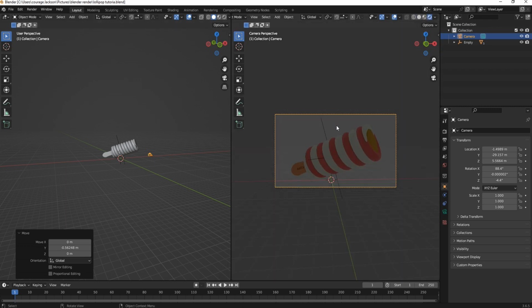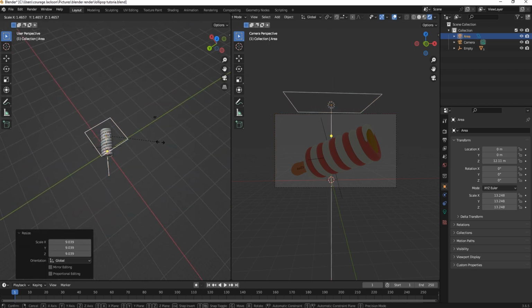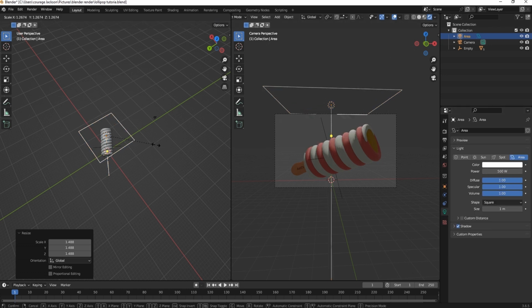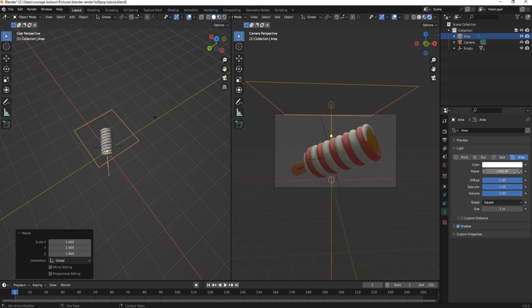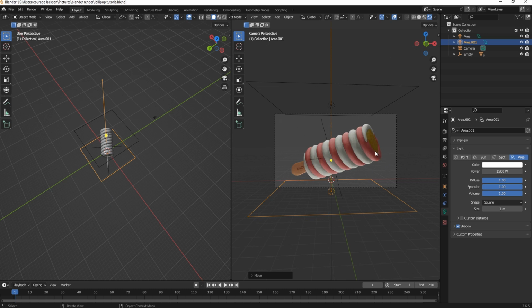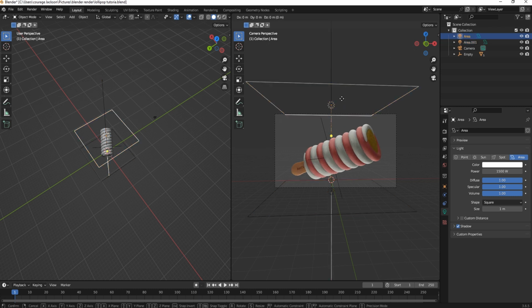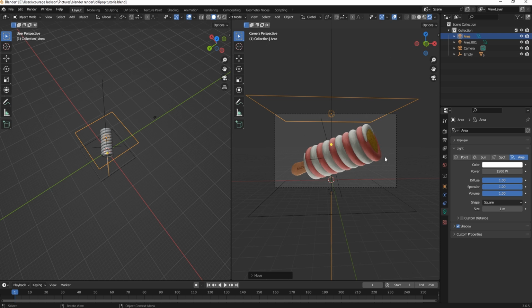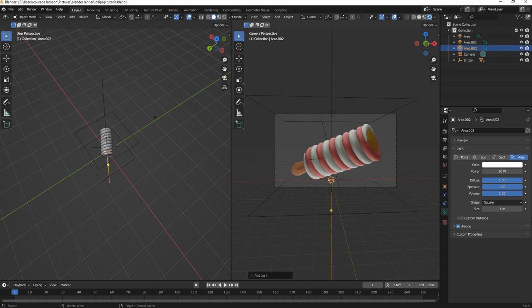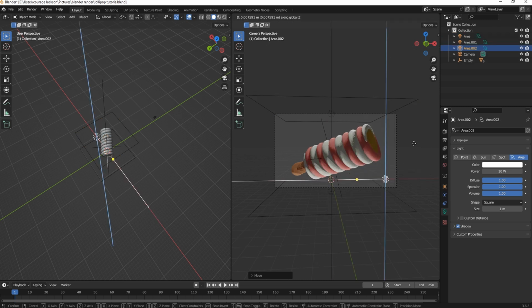And add your light. Don't forget to save. I'll be adding lights at the top, bottom, front